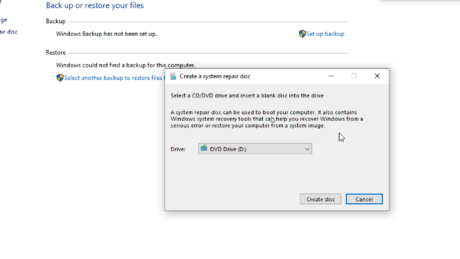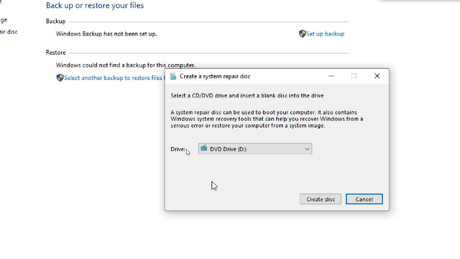Here it is. If you have a laptop where the operating system is already there, and you don't have any DVD, but at any time this PC may face an issue, what we have to do is better insert a CD, a CD is enough, DVD is not required. Put a CD in your CD-ROM, go to the repair disk option and just create a disk. So what will happen? The CD works like a repairing disk.